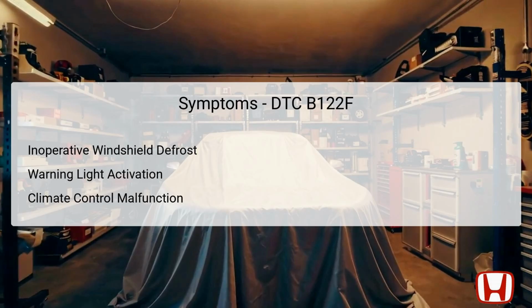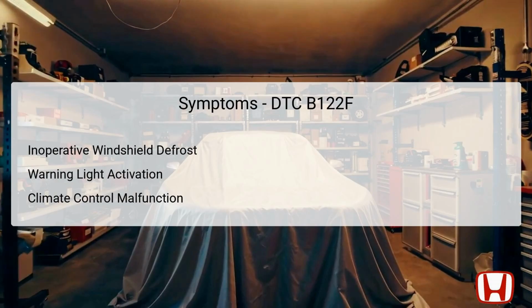Users might also experience dysfunction within the overall climate control system, such as erratic temperatures or airflow directions, as the inability of the climate control unit to respond correctly to the switch inputs leads to various performance issues. Identifying and addressing these symptoms is vital for restoration of the full functionality of the climate control system,